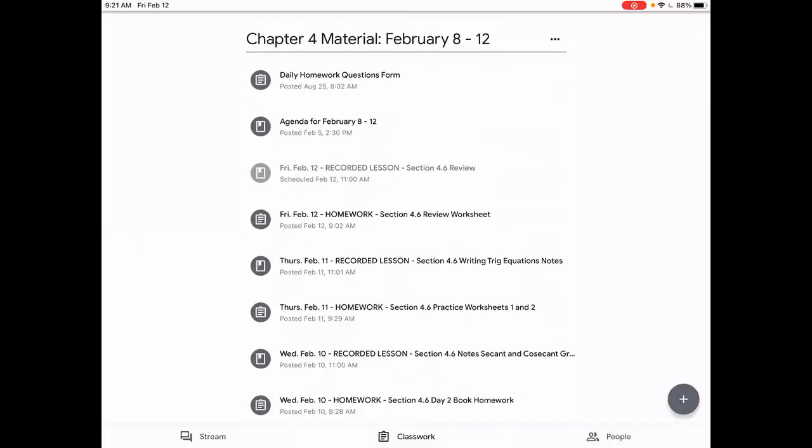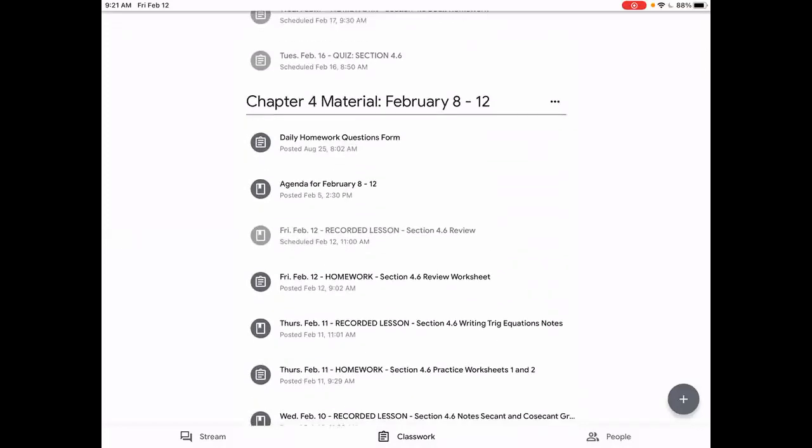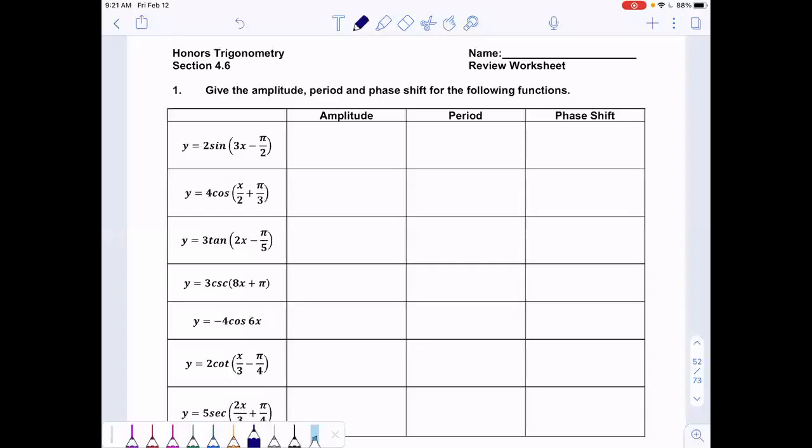So section 4.6 review worksheet. And then at the top of this week is where I have, oh, I didn't post it yet. I will get the Google form posted for you momentarily, but it'll be at the top of this week, the Google form, which is just a questionnaire about what you want to take course-wise. So if you want to open up the review worksheet,